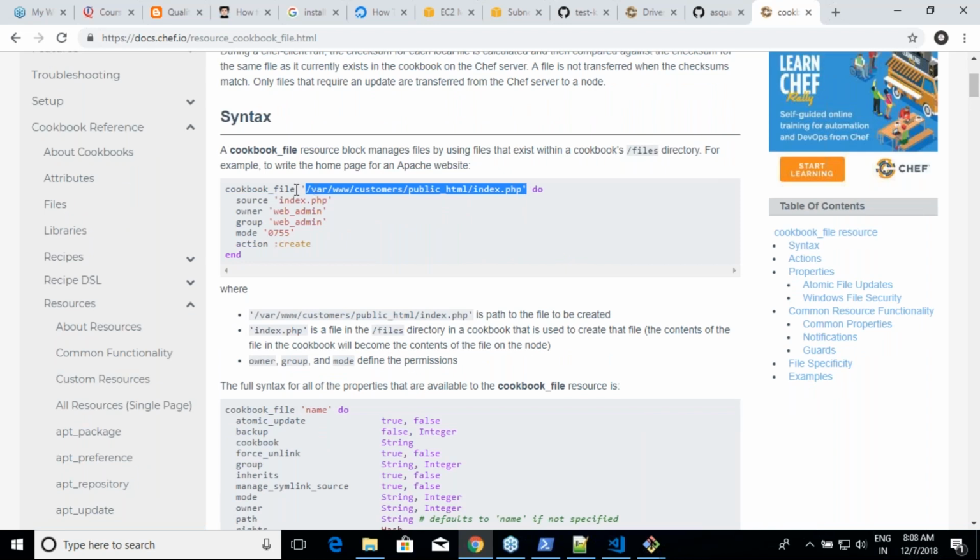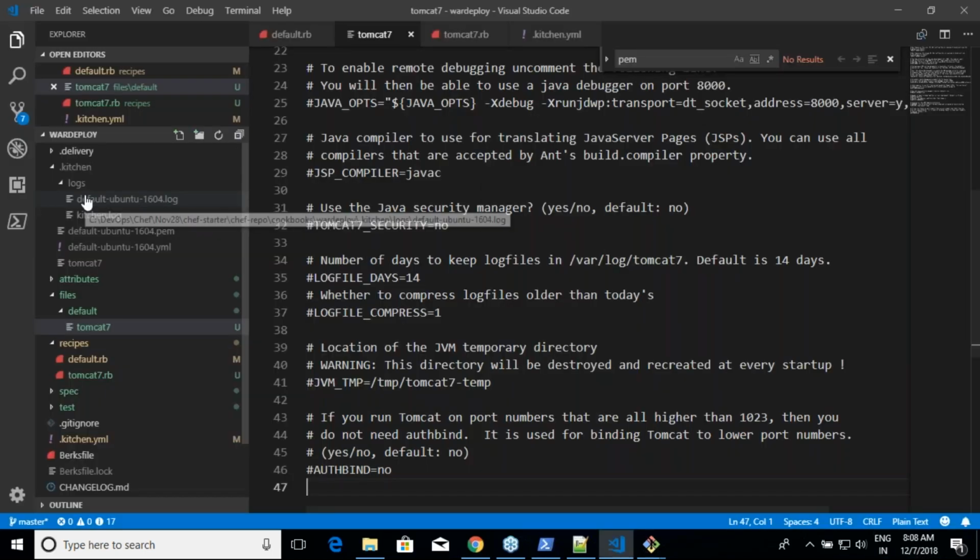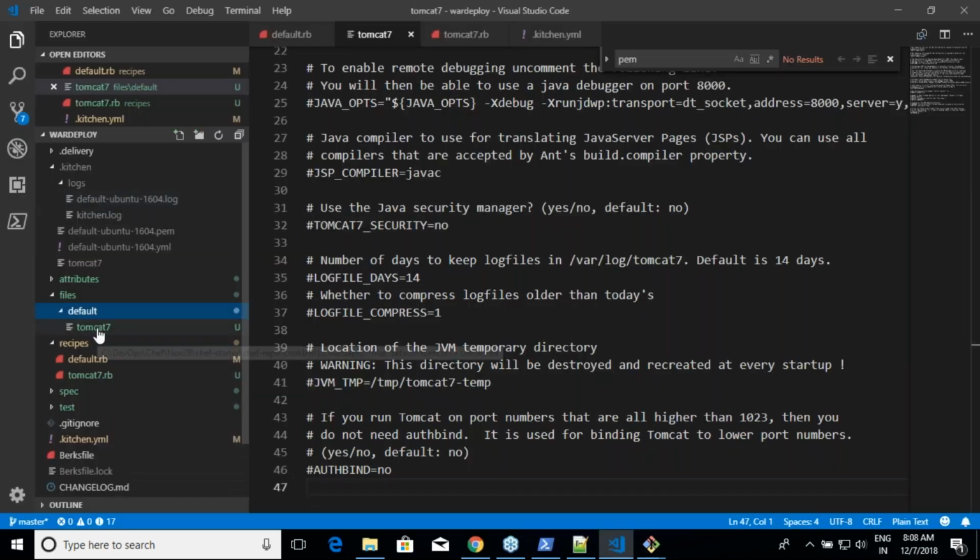And then source, where you have this file. Source is this defaults folder. In this default folder, what is your file's name? So source is this default. In files, in cookbook files, the default is the source location. And if you want to give any path, you have to give the path underlying this.